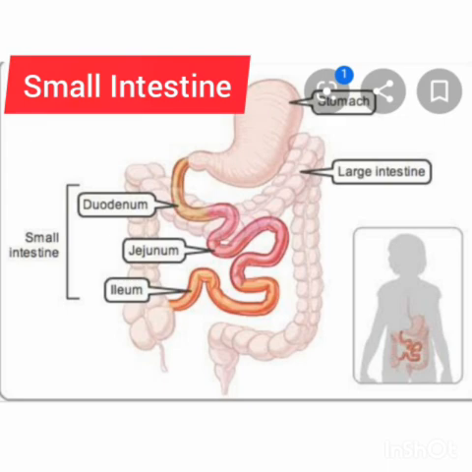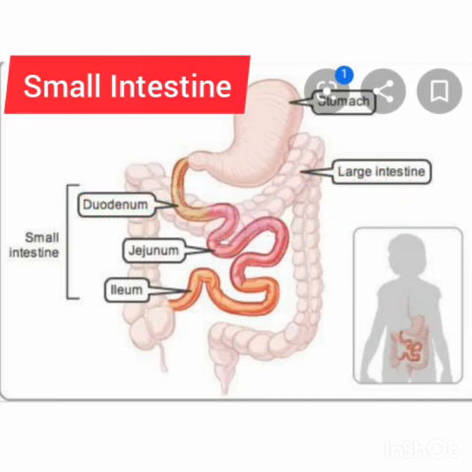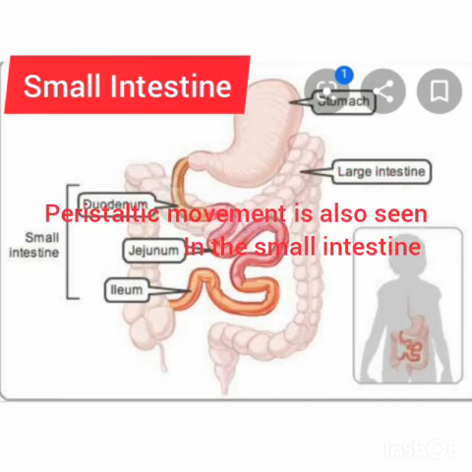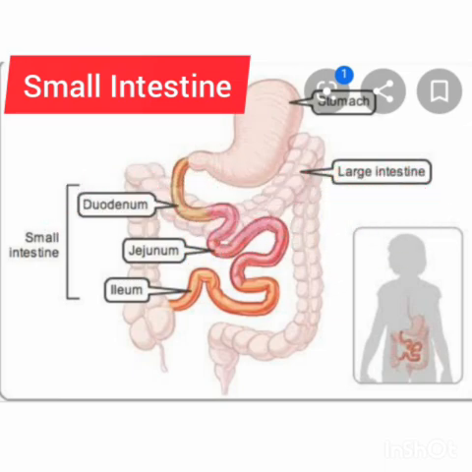These villi are extensively filled with blood vessels which carry the digested food to each and every part of the body cells. The wall of the small intestine also has intestinal glands. These glands secrete intestinal juices into the lumen of the intestine. Do you remember the peristaltic movement which we have already discussed in our previous video? So you will also see some sort of peristaltic movement here, which propels the food into the large intestine.